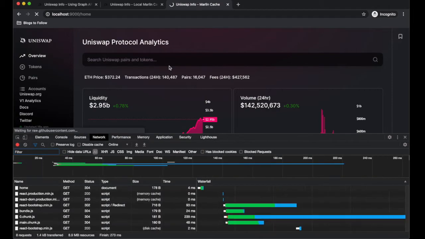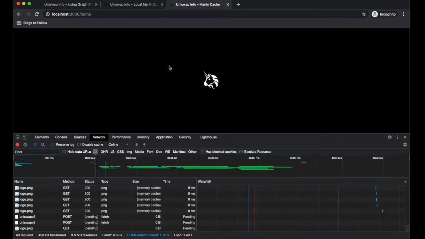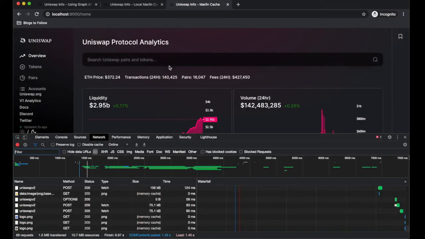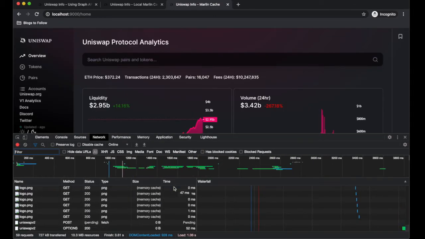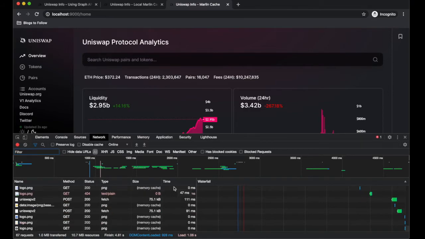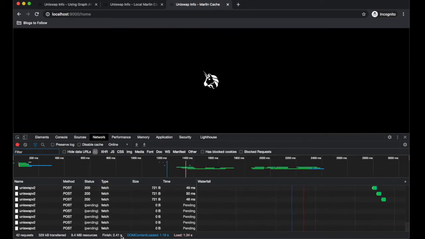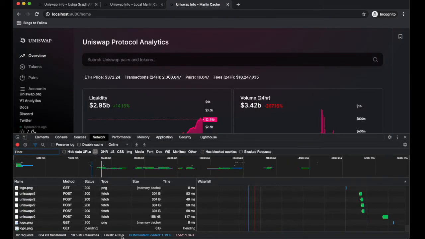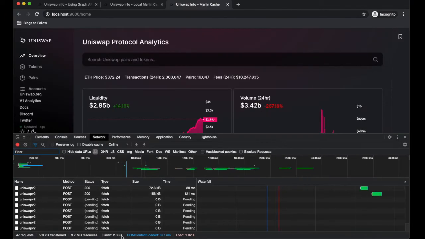And from the second time on, when the cache is already loaded, it takes much less time compared to what it took before. It took around 4 seconds, 3.9 seconds, to actually load the page. And if we do a couple more reloads and make sure that the block is not changing, then the query times will come down even lower.